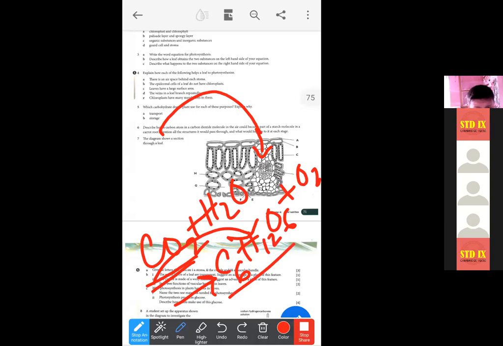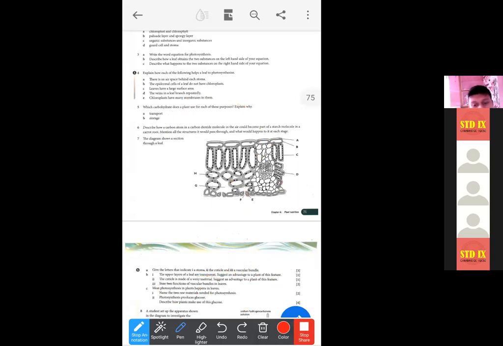We will simply write that during the process of photosynthesis the carbon atom will combine with hydrogen and oxygen from the water to make glucose. No need to explain it that much. So the carbon atom will just shift its place from the carbon dioxide to the glucose molecule. Glucose is a monosaccharide. When it makes the disaccharide sucrose, it will be transported.